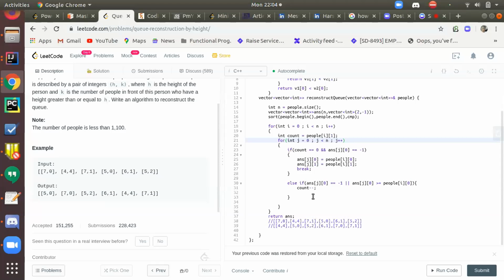With whatever you are thinking, Rajinder, in that case 5 0 will go first, then 7 0 will go, then 6 1, and then 7 1, right? No, 5 0, 7 0, 5 2. Why 5 2? Why not 6 1? Because after 0 you will process the 1, right? No, it's coming from below.